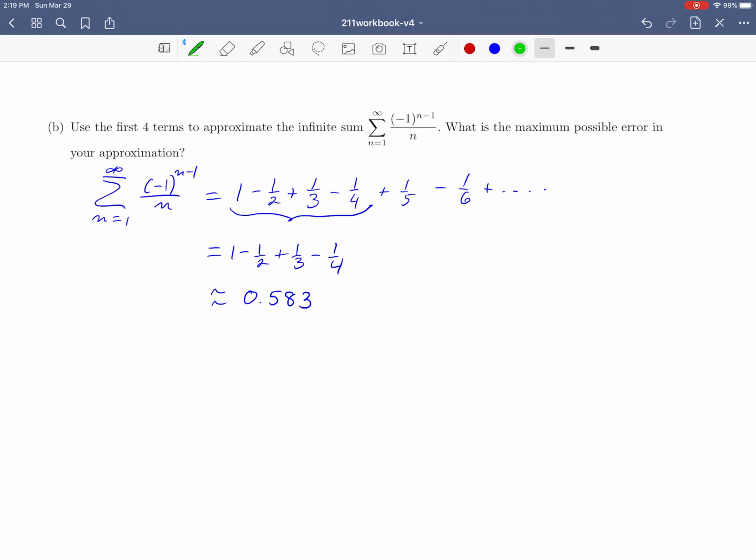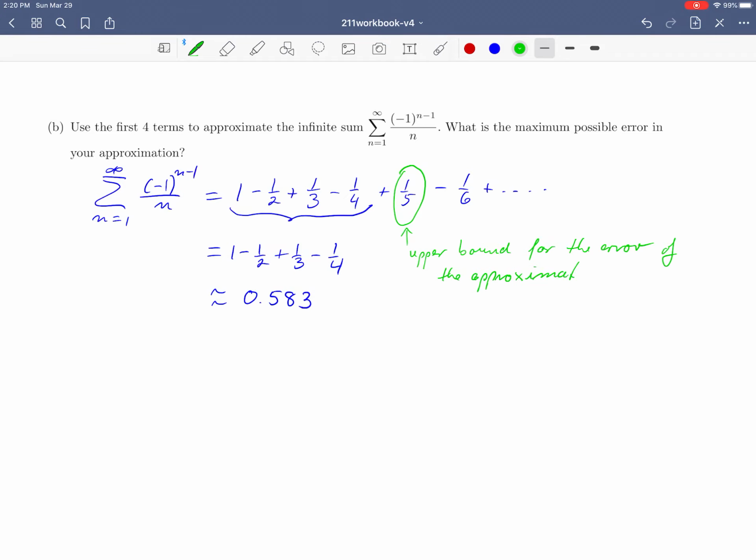And now the question is, how good is this approximation? And for that, you can look back at the alternating series estimation, and that says that if you use the first 4 terms, then the 5th term is an overestimate for your error. So whatever your error is, it's less than 1/5. And so this is like an upper bound